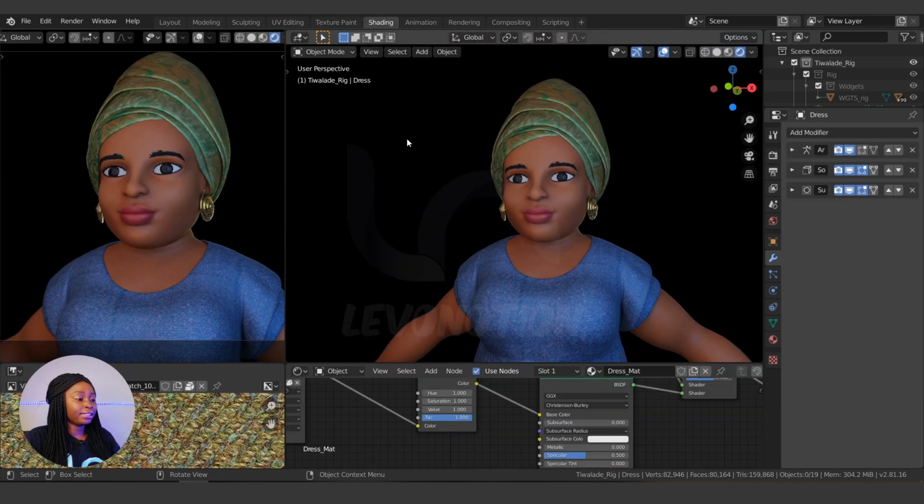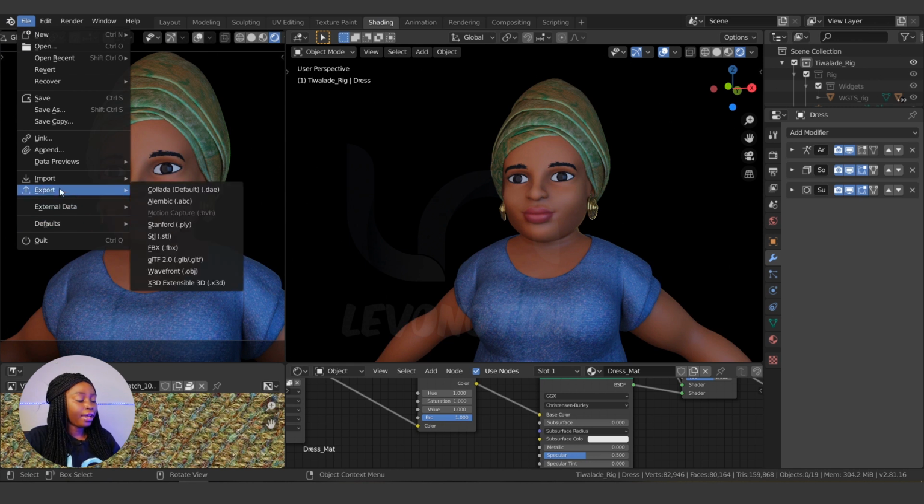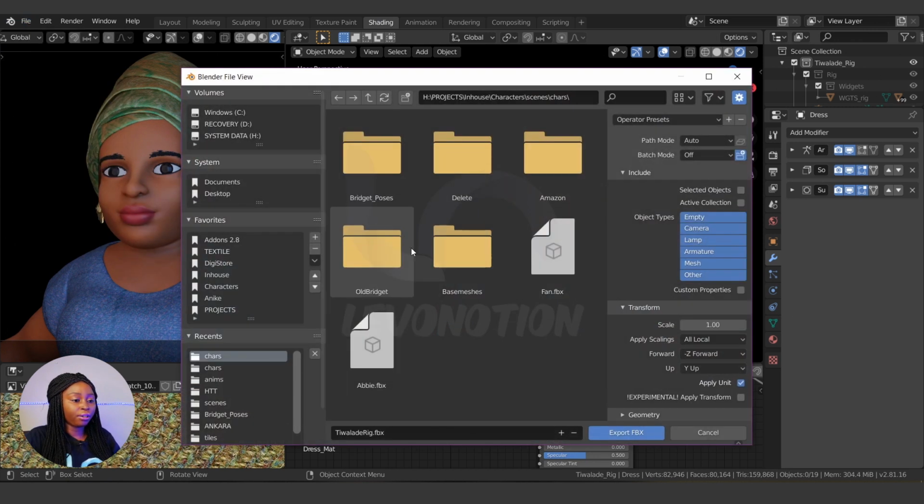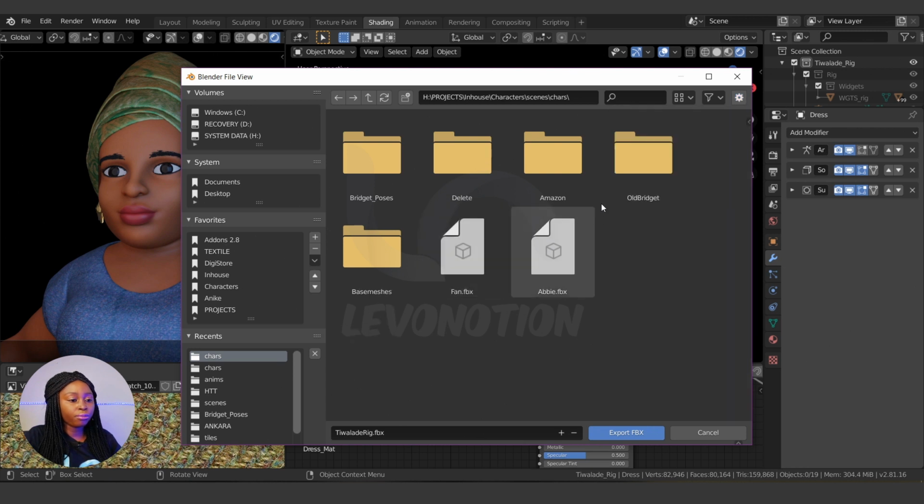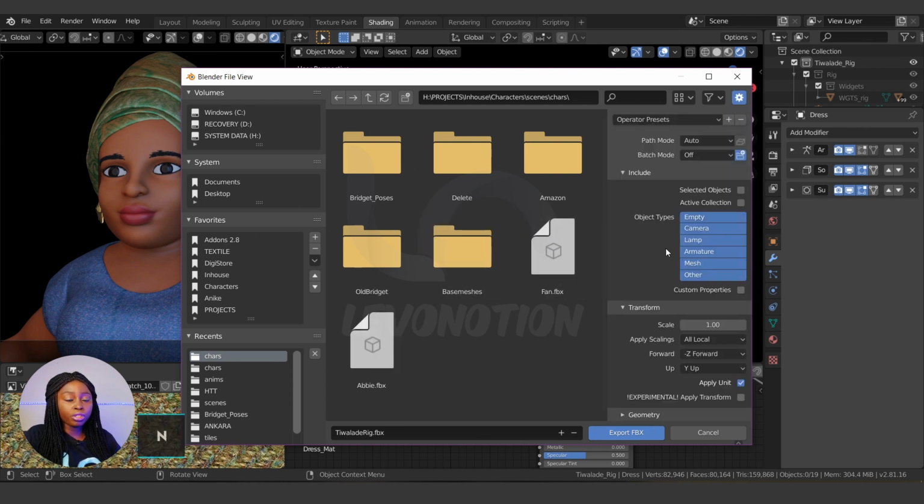So after this, the next thing you need to do is go to File, Export FBX file. By coming here, you get this window to export your file. If this is not showing up by default, just punch your N key to bring up this dialog here. The only option we need here to pack your files is path mode. By default, it's on auto, but the option we need is copy.